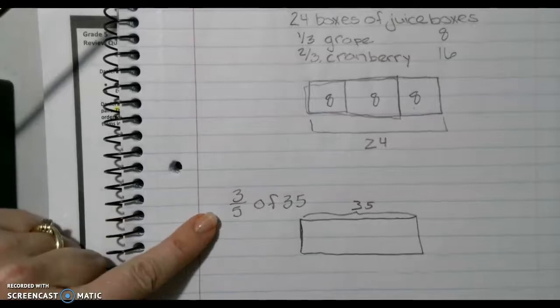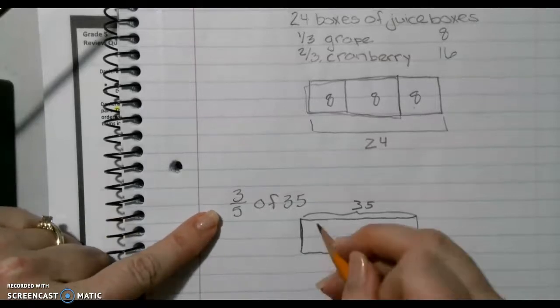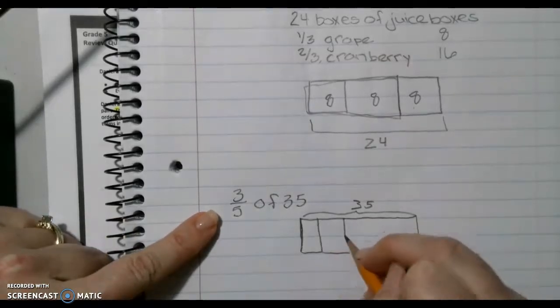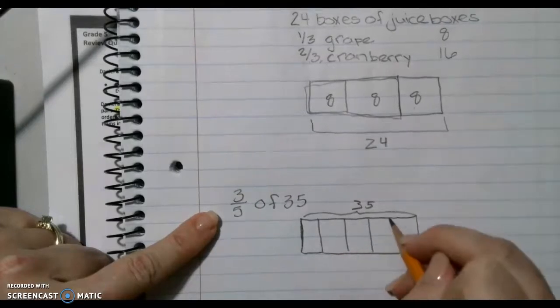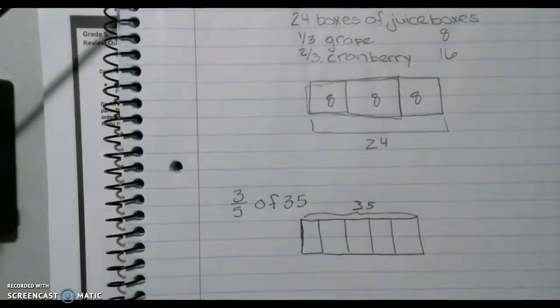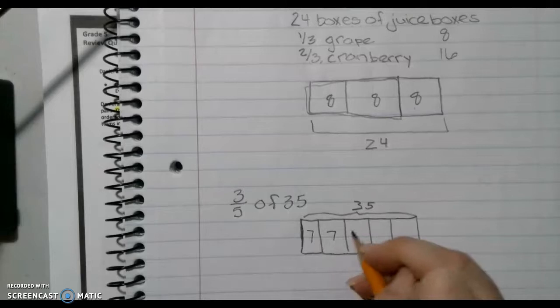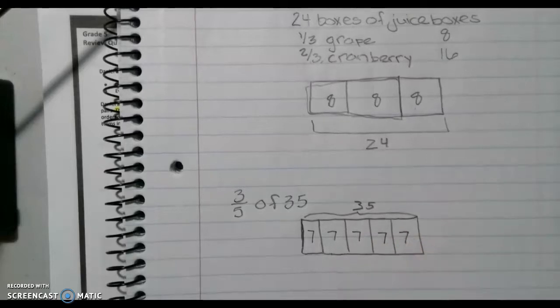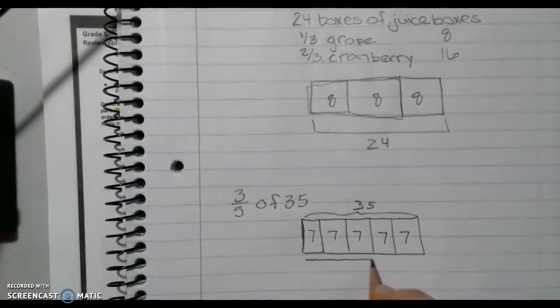And it tells us we're going to divide it into fifths. 1, 2, 3, 4, 5. Well, we know that 35 divided into fifths is 7. And if we have 3 of those, 3 of the 5,